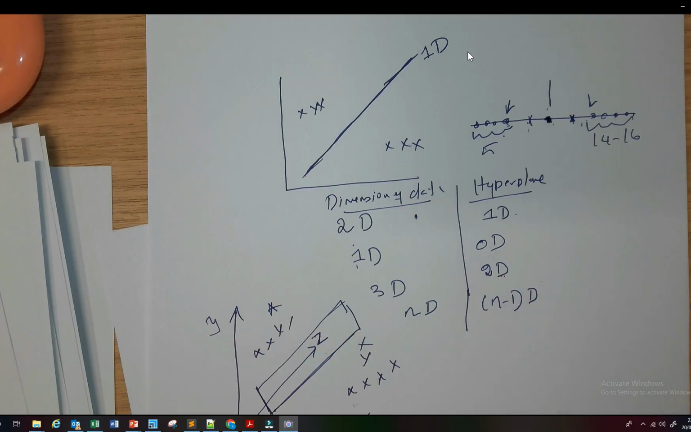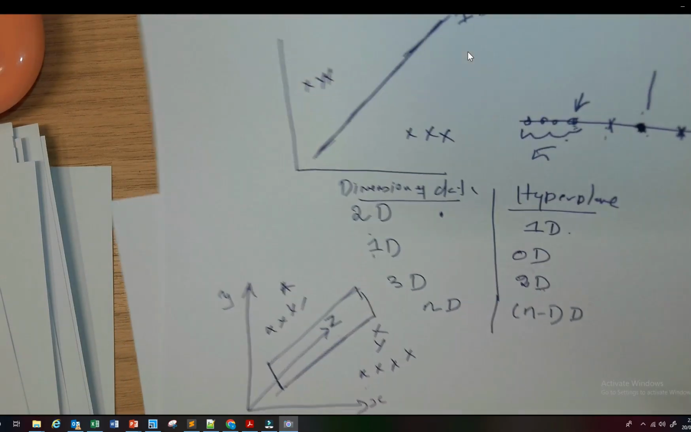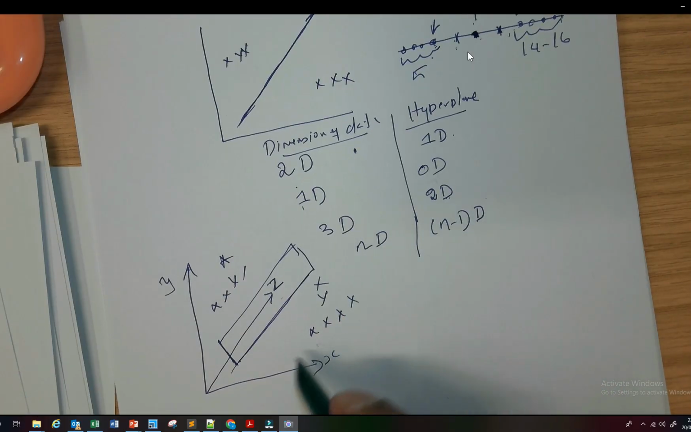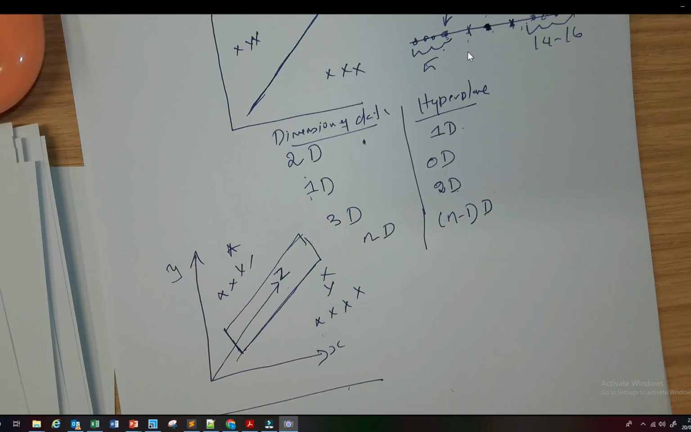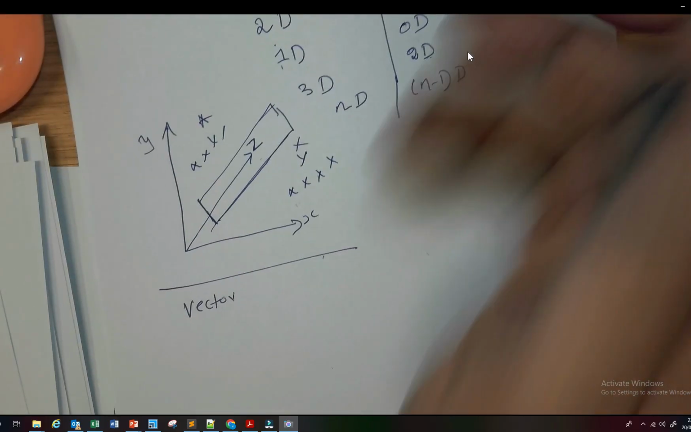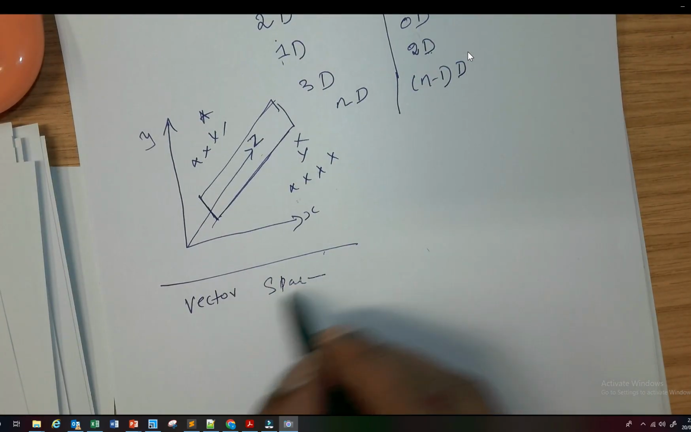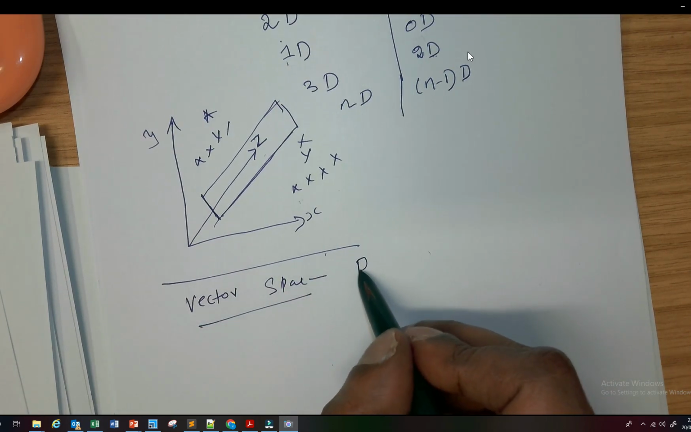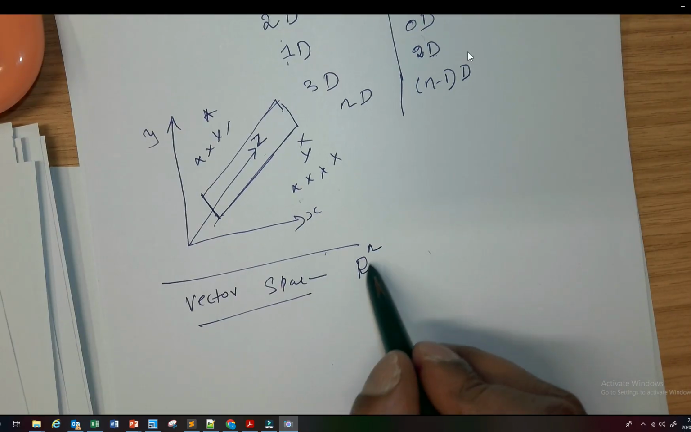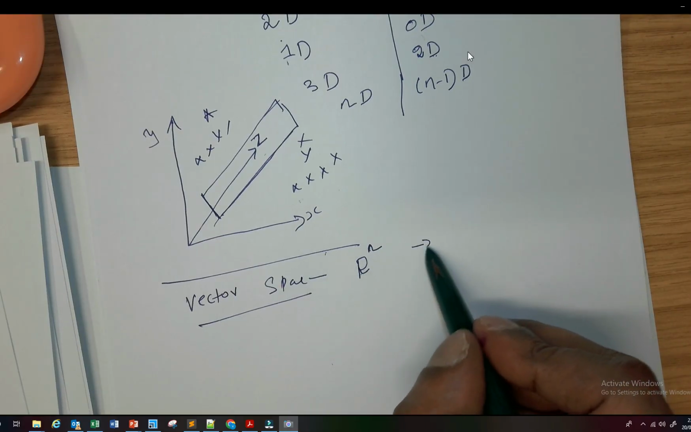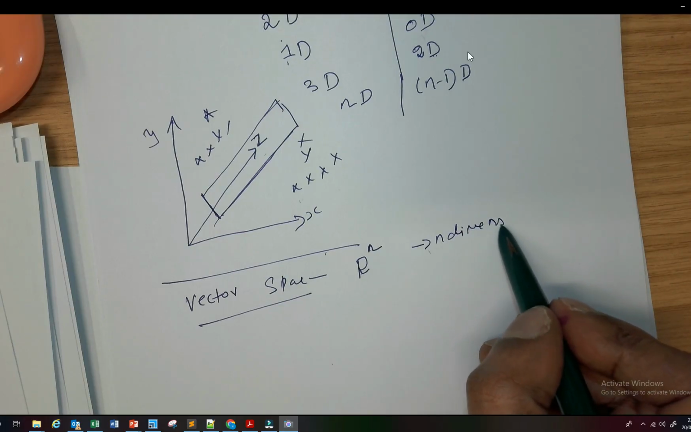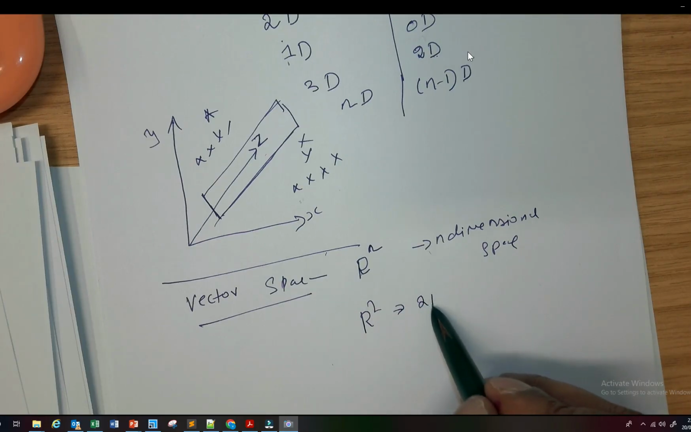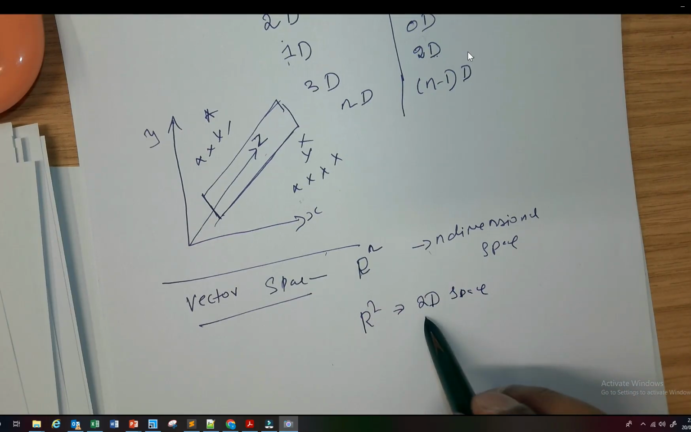And now we are going to introduce something. Let's call this a vector space. The common notation for vector space is R power n. So what do I mean by that? If it's R power n, it means we are dealing with n-dimensional space. R power 2 means we are dealing with two-dimensional space, which means we have data where